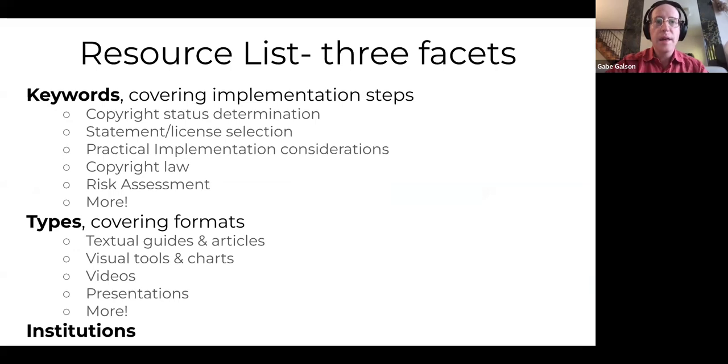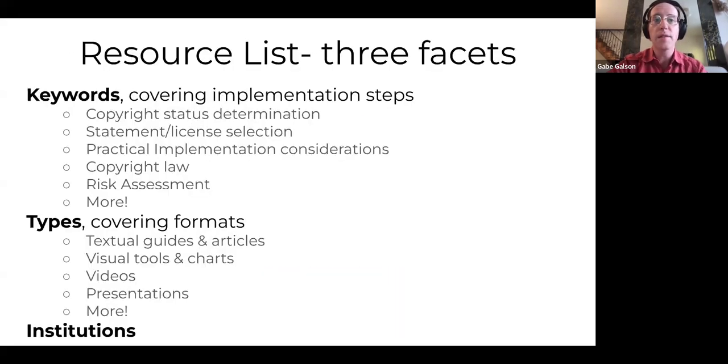It should be said that one reason rights statements implementation can be complicated is that this process can be conceptualized as a number of distinct steps, not all of which your institution may need to undertake. For example, there's copyright status determination, determining the copyright status of an individual work. Then there's rights statement selection, determining which rightsstatements.org statement or Creative Commons license should be applied based on an object's copyright status. Then there's risk assessment, the evaluation of institutional risk assumed when digitally disseminating a particular object.